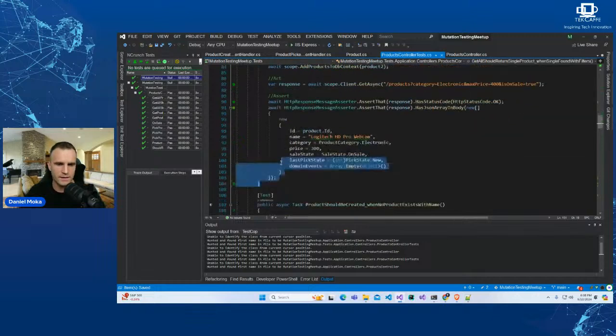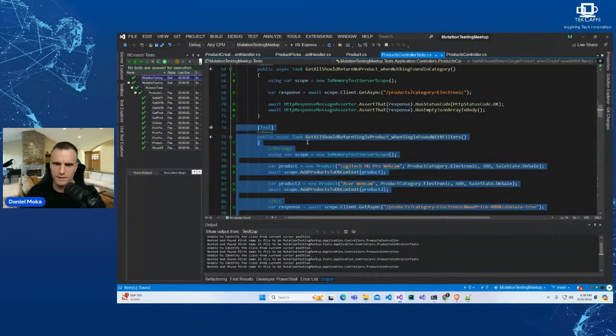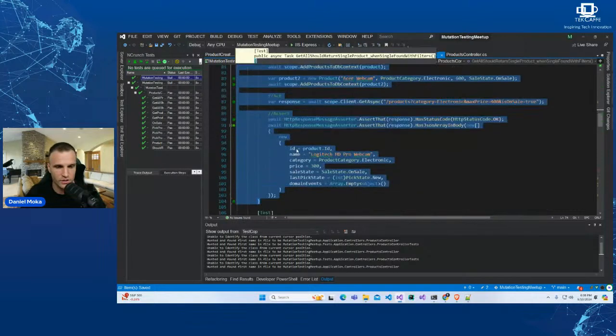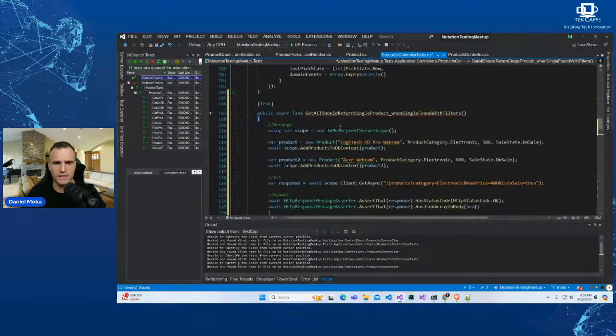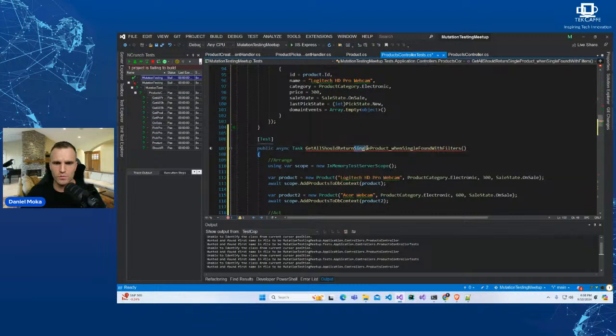We should have a test that returns multiple products when multiple are found with the filters. With multiple products, we can check whether they are alphabetically sorted. We don't check that now, but we check what is returned in the assertion. So here I'm just duplicating this test: Get should return multiple products when